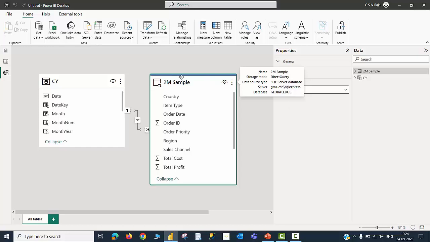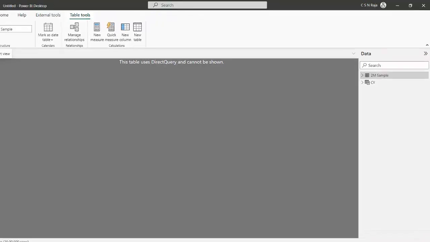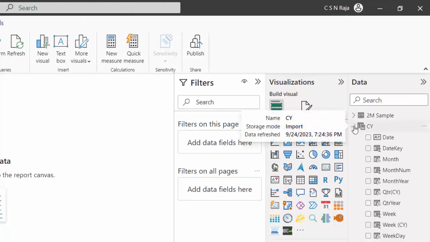You can see the solid blue line, and when you click on the table view, you will have confirmation that you are not able to see the physical data here. Everything is fine, but Raja, will I be able to create reports now based upon the date dimensions in your